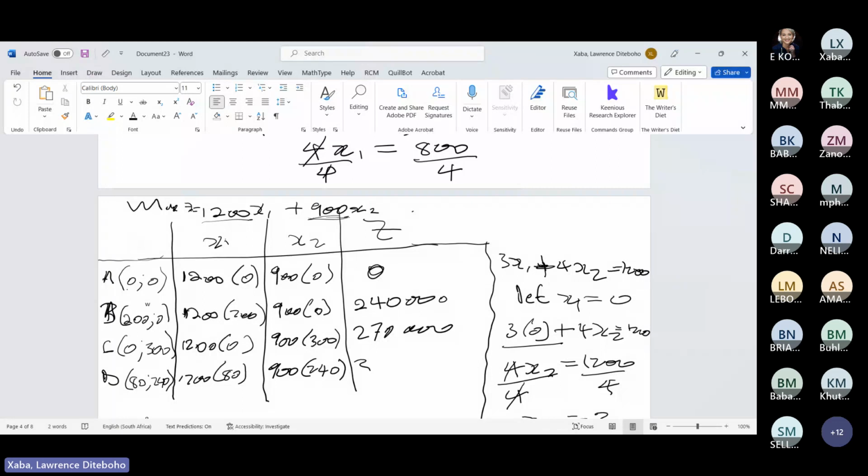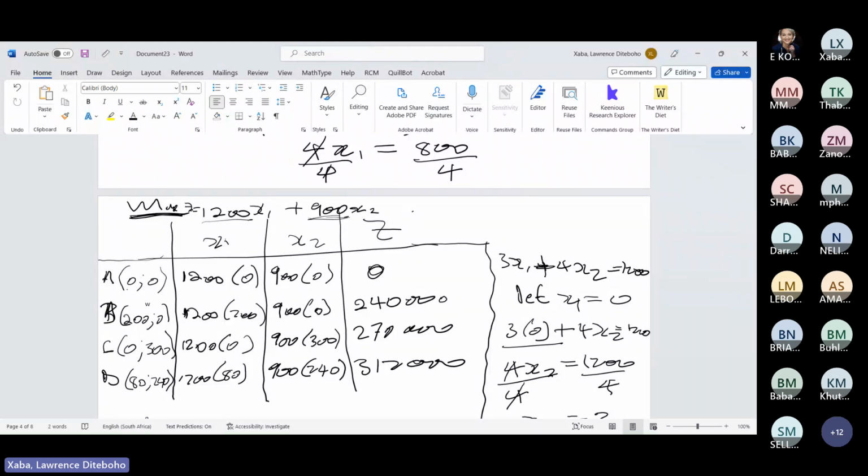Okay, so we have 0, we have 240,000, we have 270,000, we have 312,000. So what do we do now? Remember, our objective is to maximize the profit. So we're going to compare these values that we find in the column of Z. We want the maximum value. Looking at this information and based on our calculations, the maximum value is this one,